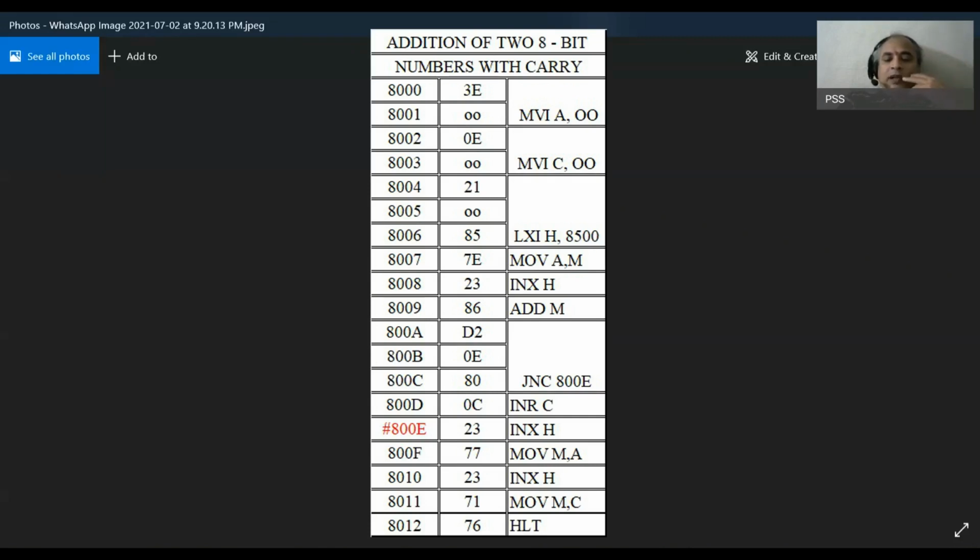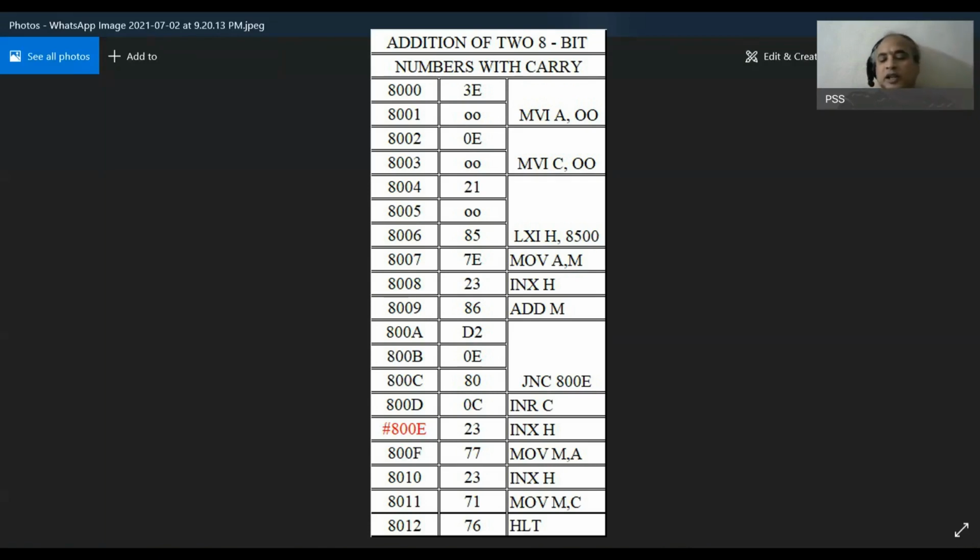Where should it be displayed? In another memory location. 8500 is the first number, 8501 is the second number, 8503 is the sum, 8504 is the carry. So finally the carry is to be moved to 8504. How?